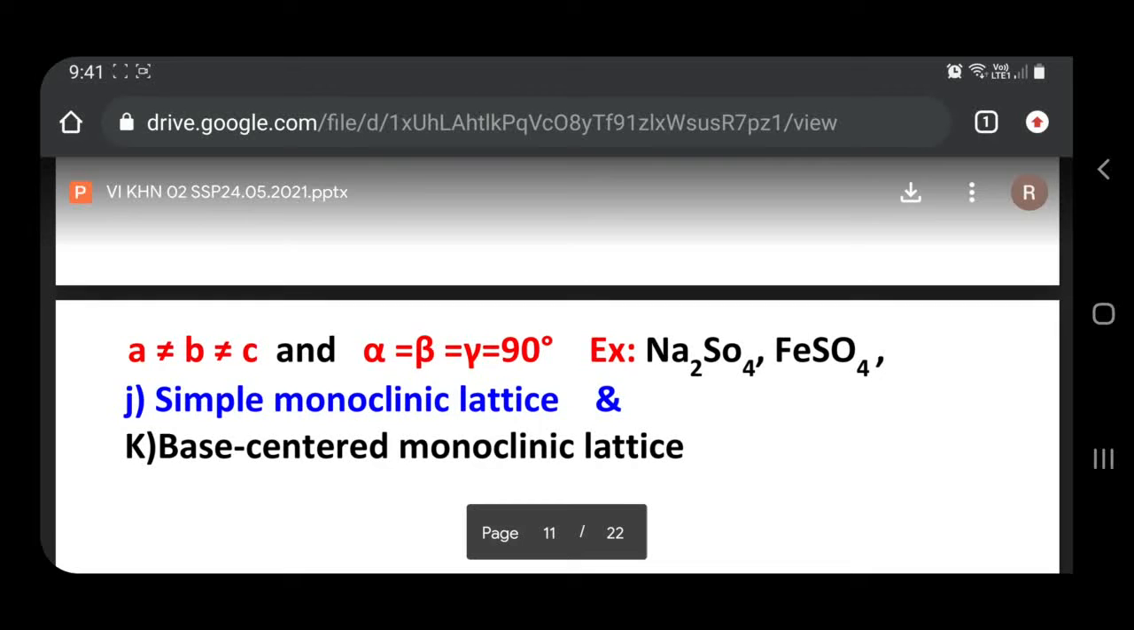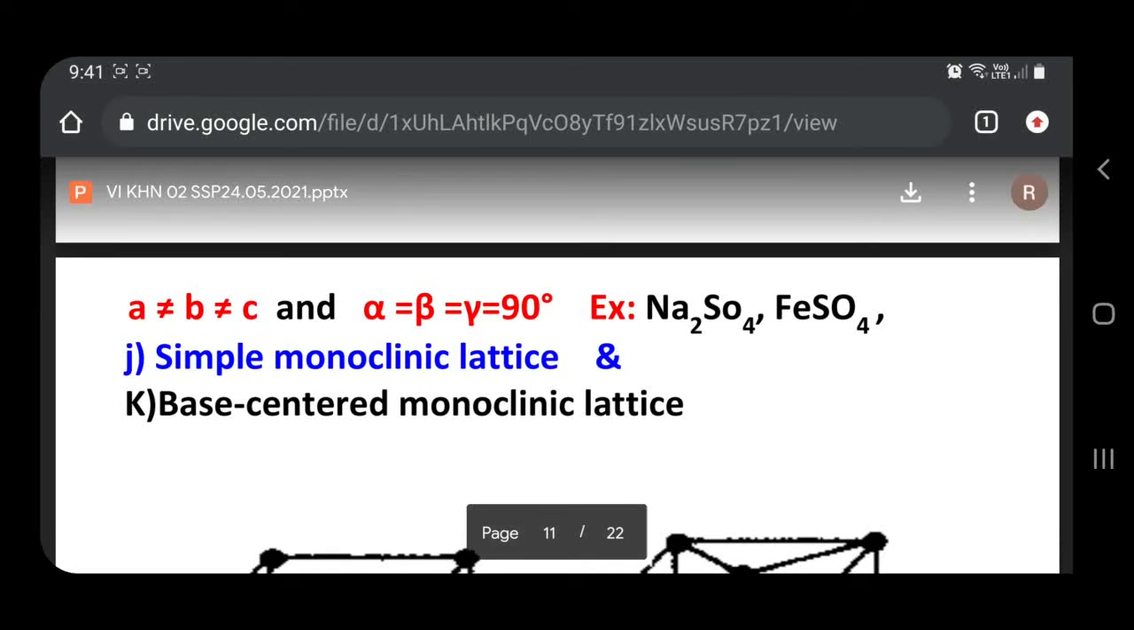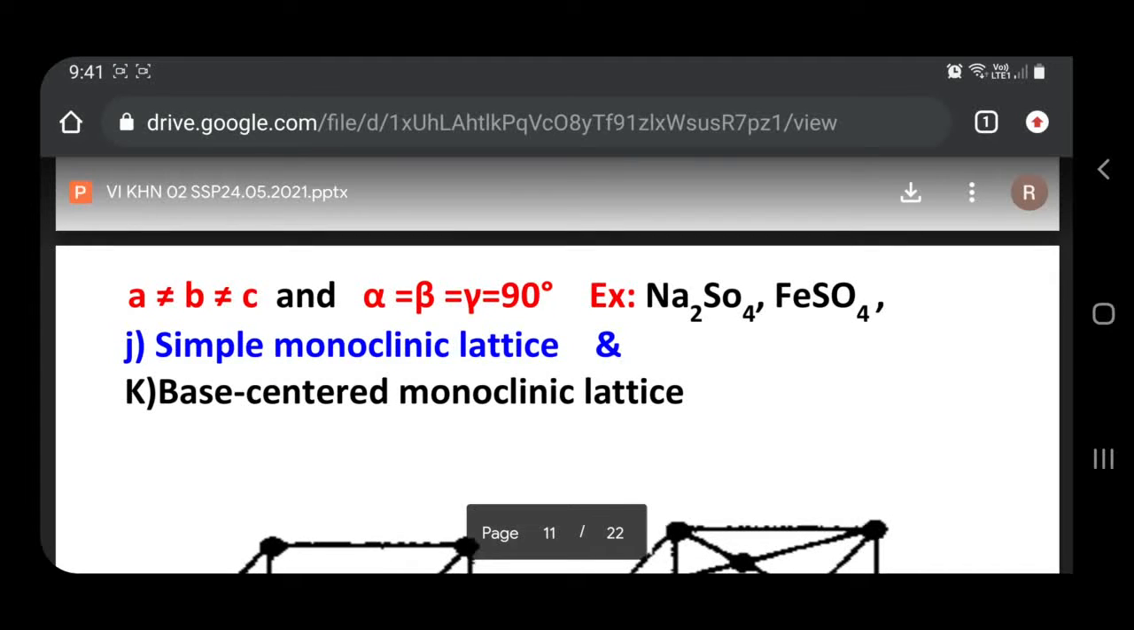Okay, again there is a correction here. Alpha is equal to beta, each is equal to 90 degree, but gamma is different, that is two axes perpendicular, but third one is obliquely inclined. So this correction, of course in my notes I will give you the corrected one, and the examples of monoclinic